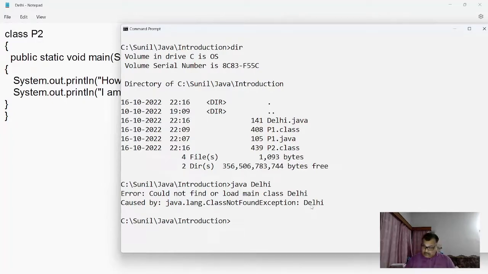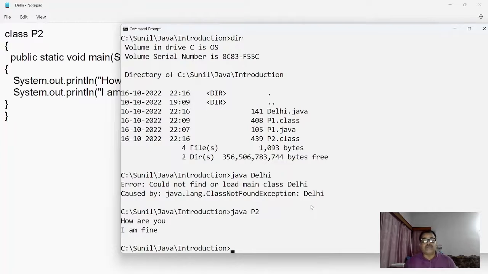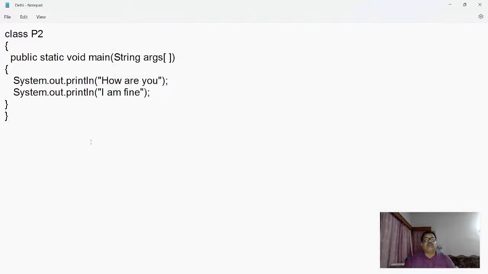Then, if you want to execute this file, you have to write P2. I think it will work. Yes, it is working. Why? Because I have P2.class, not Delhi.class. It is the first problem that we are facing if we are not giving the name of the main class as the file name.